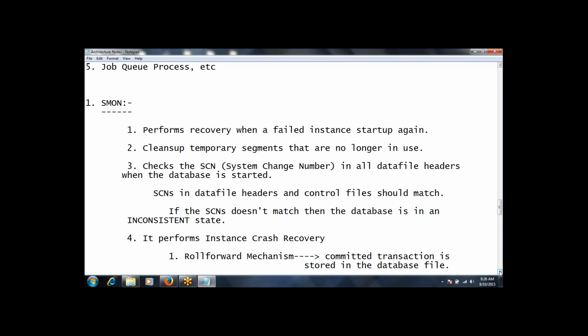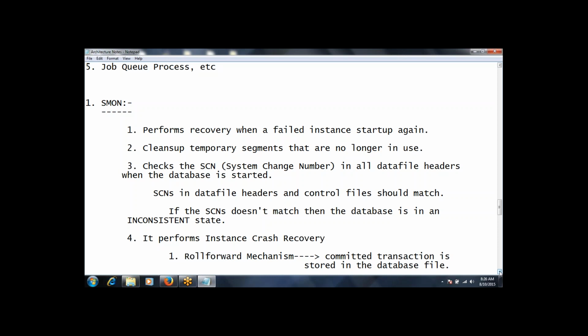Every data file has its own format, which I will discuss in the coming sessions, what it contains. In that, there is one part called the data file header, and in that, this SCN number is recorded. Similarly, the same SCN number is also recorded in control files.